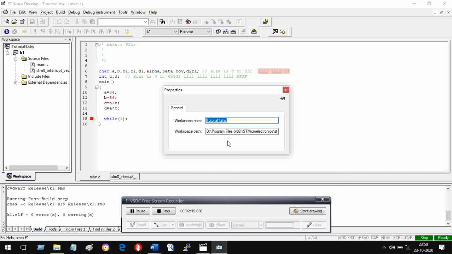and then workspace path you get here. Name is tutorial1.stw, where it is. So you go here and move slightly to this. So the folder is LSK1, where it is, this is where it is. So let us go like this. That is, go to D, then program files, then ST microelectronics, then STVD, followed by LSK1. So let us do that. So minimize this, but remember where you have to go, or you can copy paste it into the notebook.